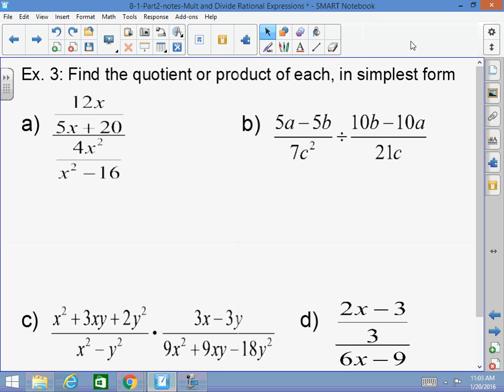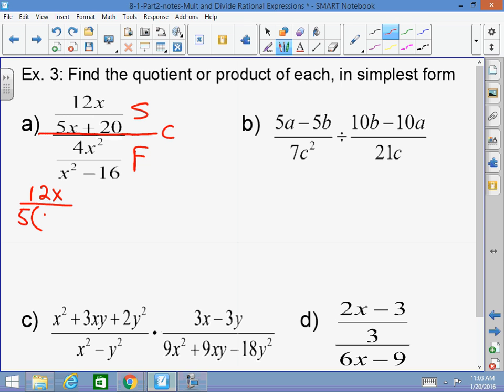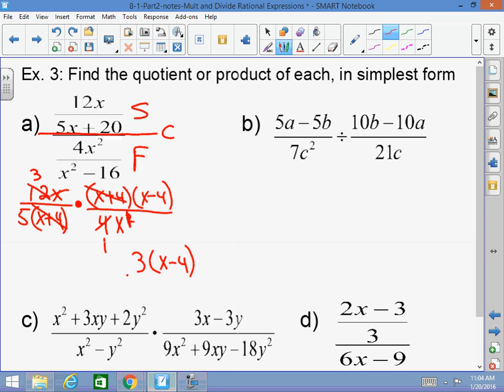Okay, this is the same exact thing. This is a division bar. So this is stay, change, flip. So stay, factor this out, change, flip. This is x plus 4, x minus 4 over 4x squared. The x plus 4's cancel. 4 goes into 4 one time. 4 goes into 12 three times. One of these x's goes bye-bye. So I'm left with 3 times x minus 4 over